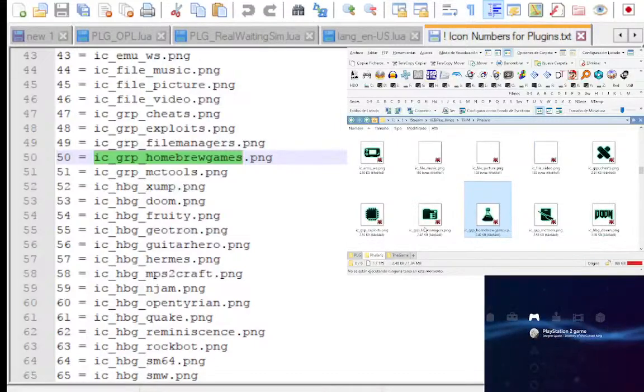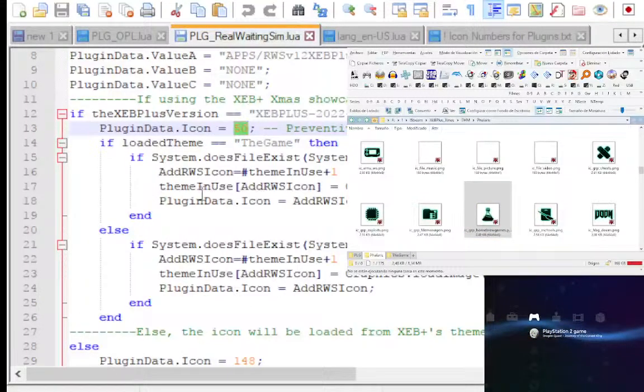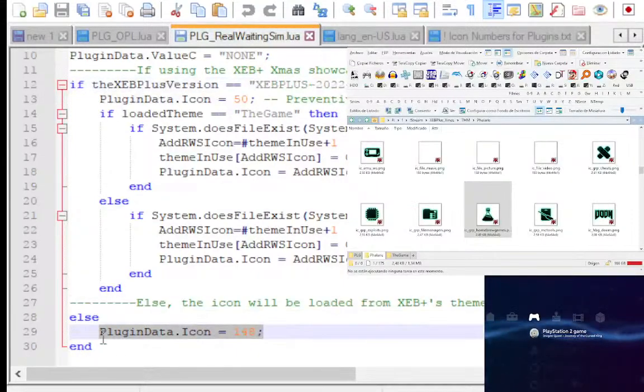This one is for Homebrew Games, in case it is not found. Then it will check if the icon file exists. Of course, if it does, it will load it. Sorry, I'm going faster than I should. We'll check the icon. Then, in case we are using older versions which don't have this icon indexed,